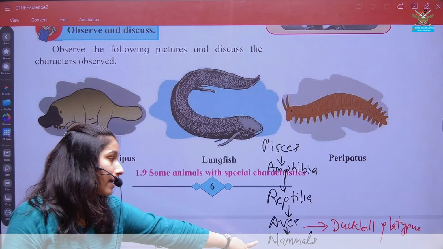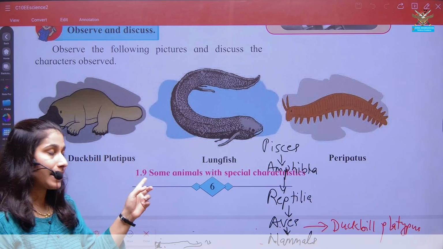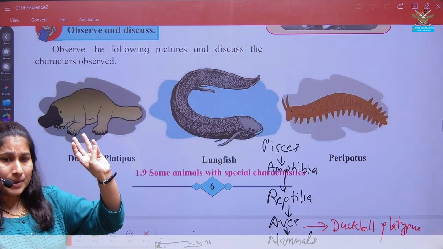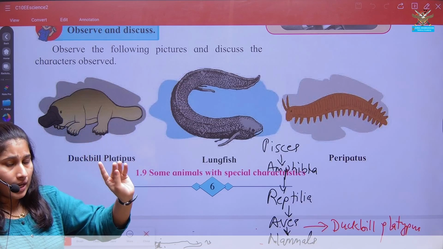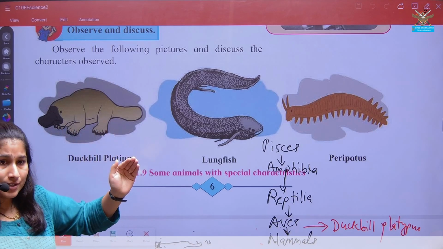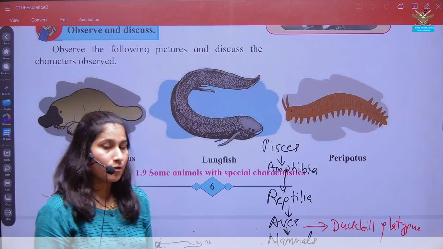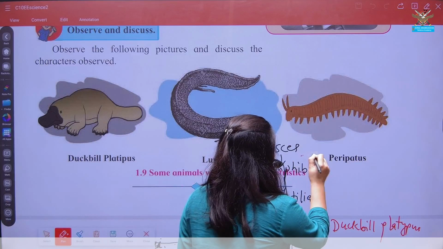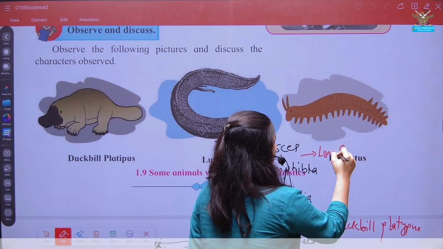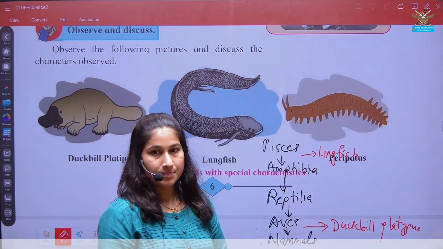Okay, and what characters of mammals does it show? The egg-laying character it is showing is of birds. Again, the presence of a beak, webbed feet and laying of eggs are the characters of aves, but whatever other characters it has, such as the presence of sweat glands, are characters of mammals. Lungfish is a connecting link between Pisces and your amphibia. And peripatus